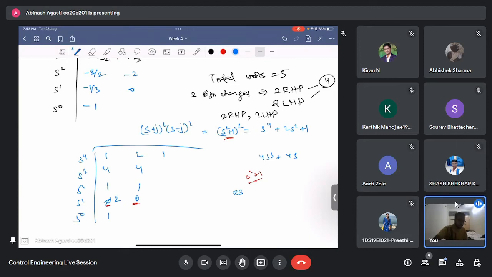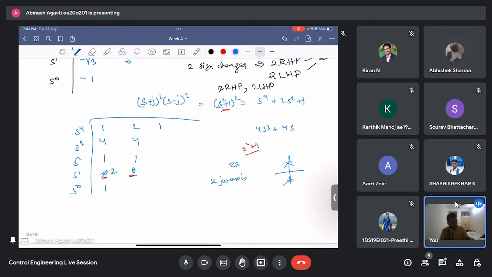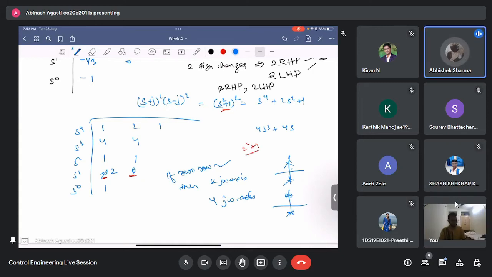ओके, तो अगर रो ऑफ जीरोस आ रहा है और मोर देन 2 लाइक 4j ओमेगा एक्सिस या वैसा कुछ आ रहा है, मतलब सपोज इफ यू हैव 2j ओमेगा एक्सिस रो पोल, देन मल्टीप्लिसिटी 1 है। ठीक है, मतलब इफ 0 रो कम्स देन 2j ओमेगा एक्सिस, तो ऐसा होगा 4 होगा, लाइक रिपीटेड जरूरी तो नहीं ना ऐसा? जरूरी तो नहीं है. ओके, लेट्स टेक अनदर केस